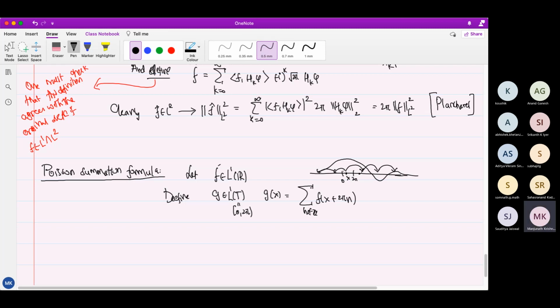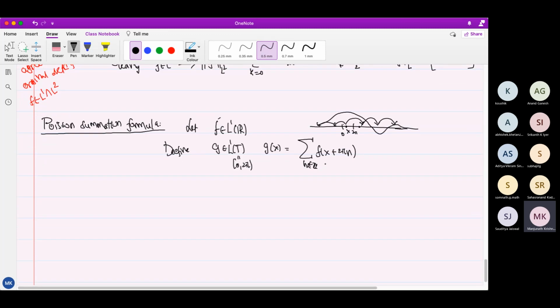Of course, this is an infinite sum. Does the sum converge? I mean, that's not immediate. So why does the sum converge? So note, if we do this and then integrate it over the torus with respect to x, that is the same as,